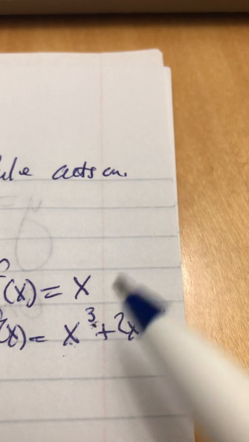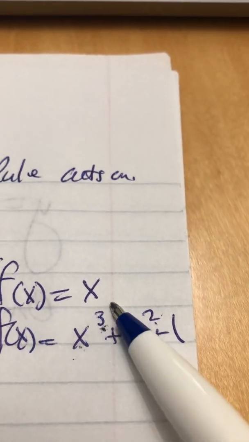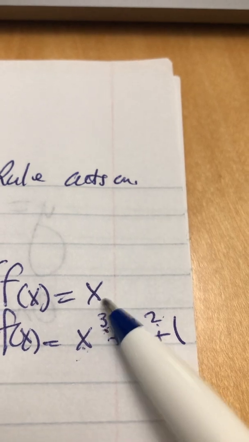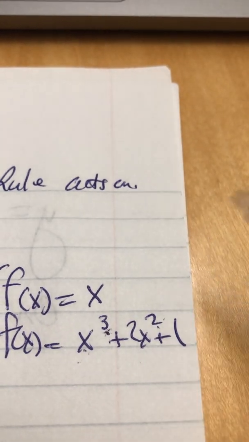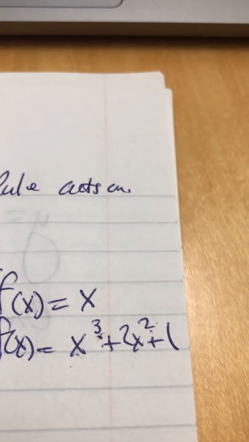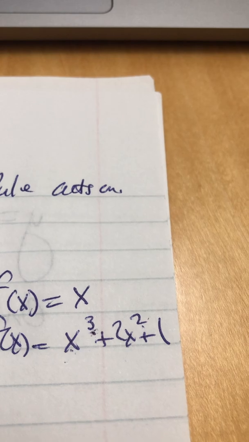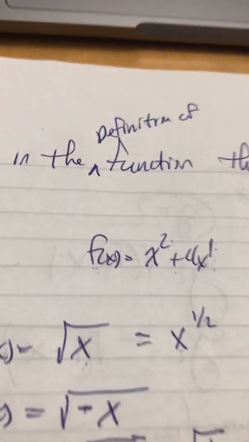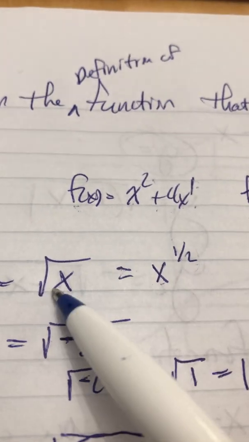Now, a couple other examples that would have that domain of all real numbers is something like f of x equals x, or f of x is equal to x cubed plus 2x squared plus 1. No variables in the denominator, no negative exponents, and we wouldn't have something like x to the 1/2, and if you can recall, that's the same